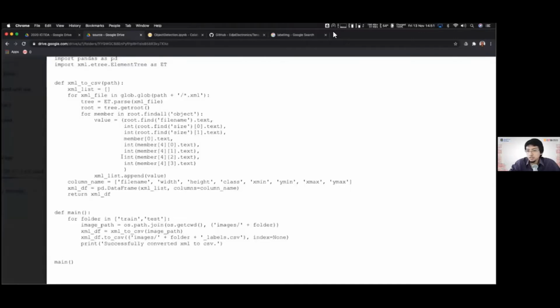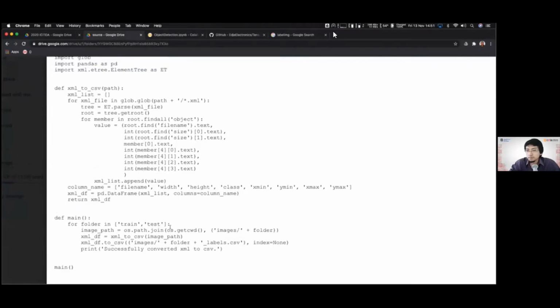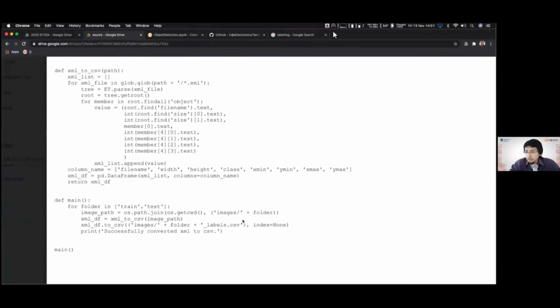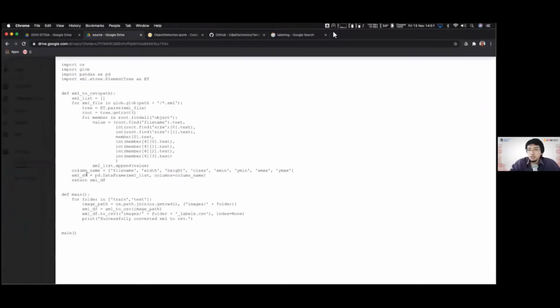So you just need to actually run this script, because it's already been set that we have two folders, train and test. So we are not executing this because we already have